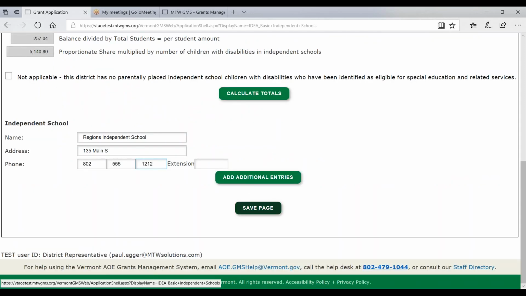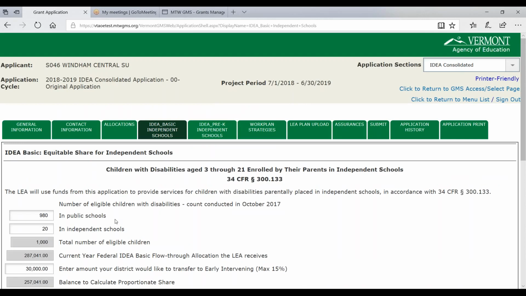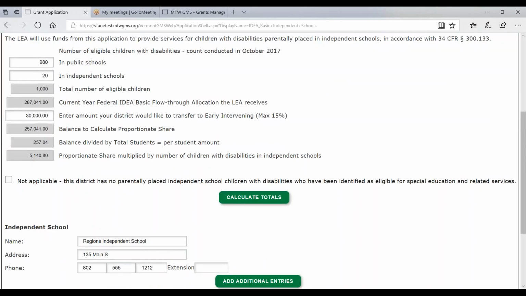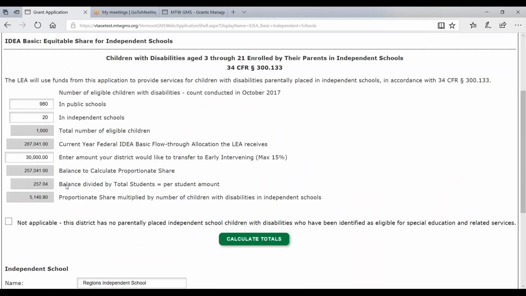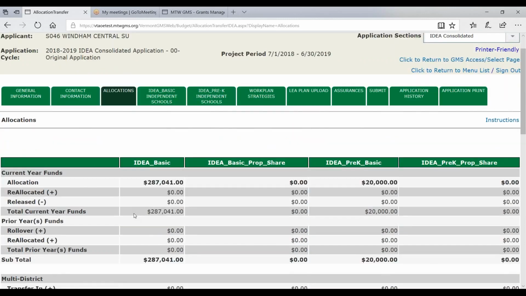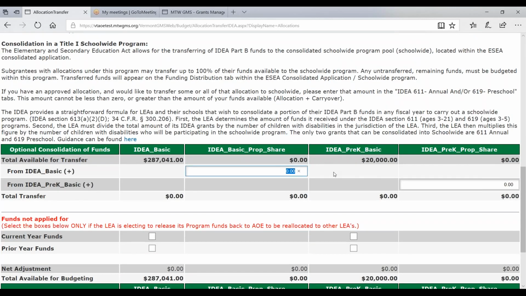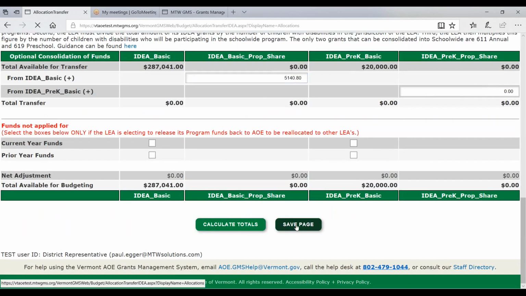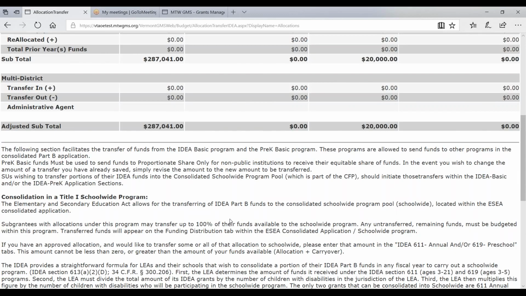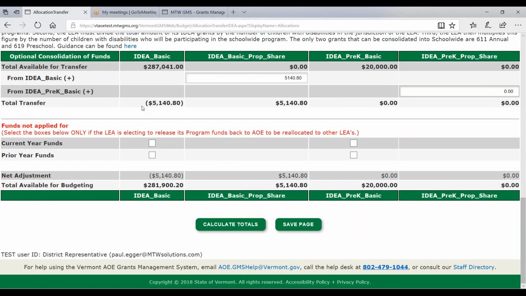You can add multiple independent schools if need be. Now that I've saved that number, I've got $5,140 out there. Come back to the allocations page and type in that 5140.80. Could have copied and pasted as well. Now that's saved correctly. And it reflects the fact that $5,000 just left the IDEA Basic portion and is in